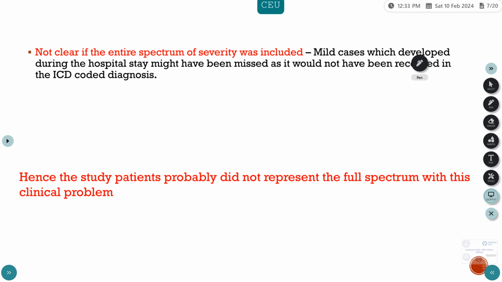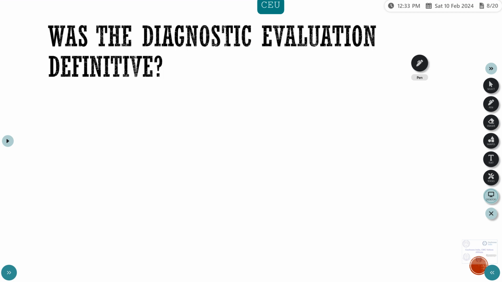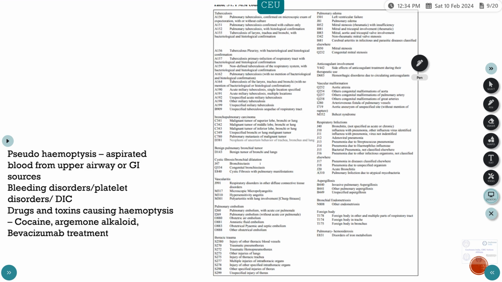Other thing is, was the diagnostic evaluation definitive? To see whether the diagnostic evaluation was definitive, like I mentioned, they had taken a list of etiological diagnoses for patients presenting with hemoptysis. So they had taken tuberculosis of the lung, larynx, trachea, bronchi, bronchopulmonary neoplasms, vasculitis, thoracic trauma, pulmonary embolism, anticoagulant usage, vascular malformations, respiratory infections. So they have taken a significant list of things which we would also see in our